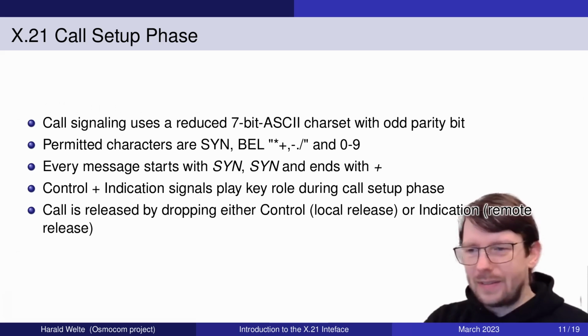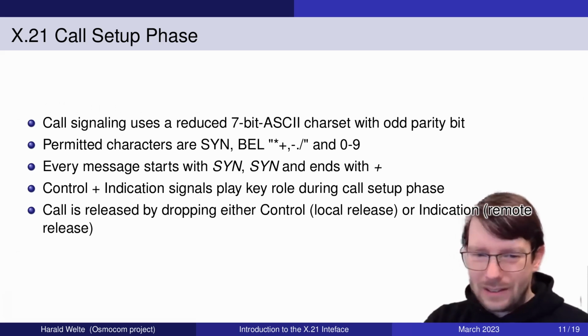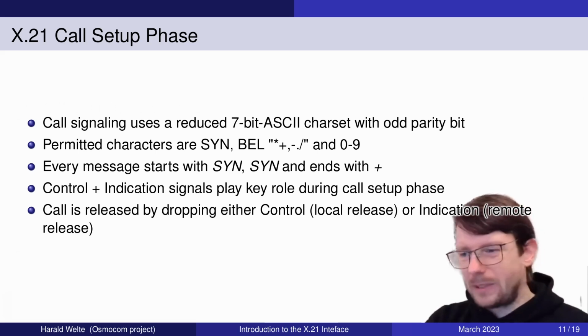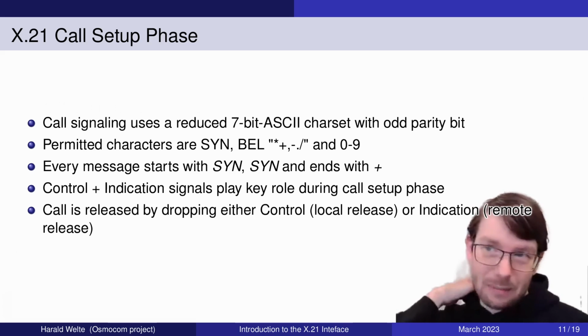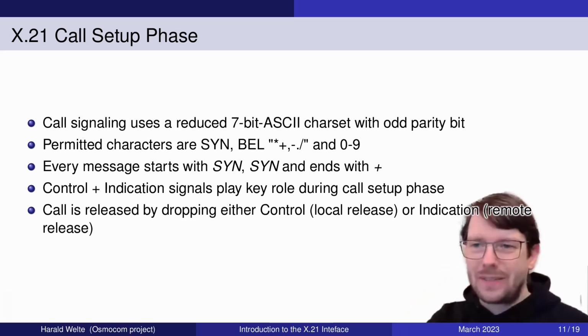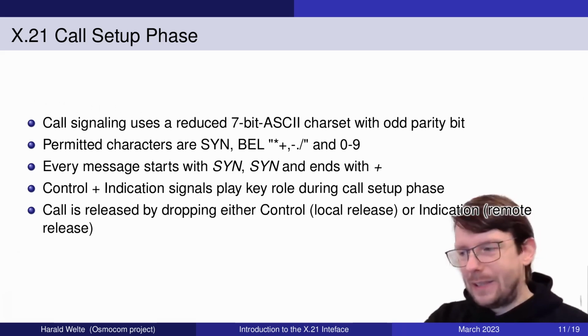As I said, it's not just calling a peer and hanging up, but it's also inbound and outbound calls, and inbound and outbound might clash at the same time if you get an incoming call while you're dialing or vice versa. And you have additional signaling status information, as I said, like